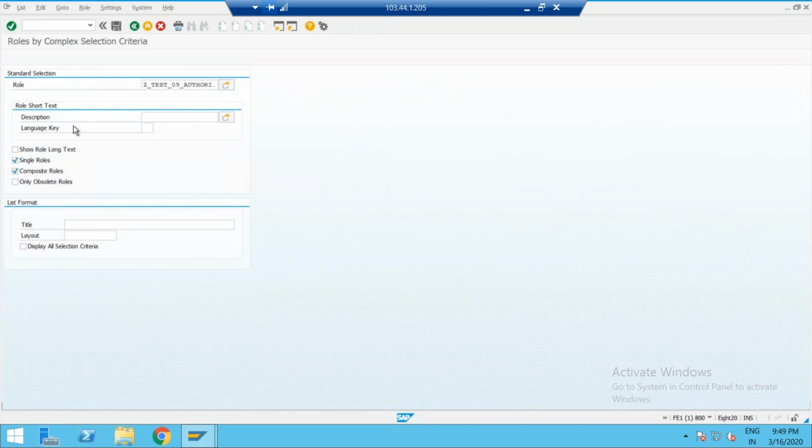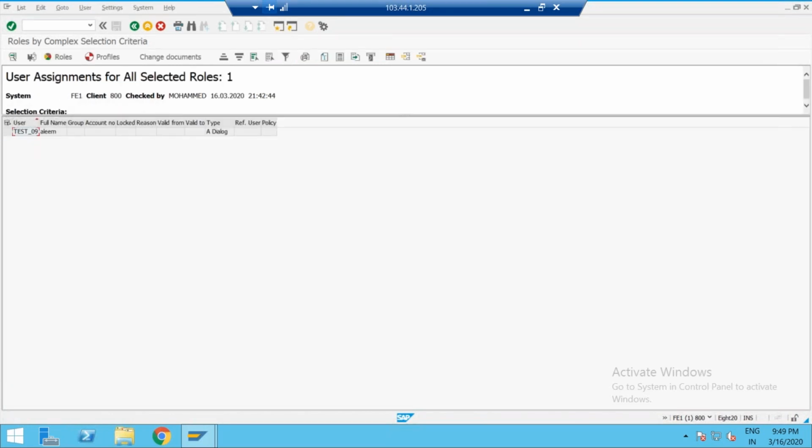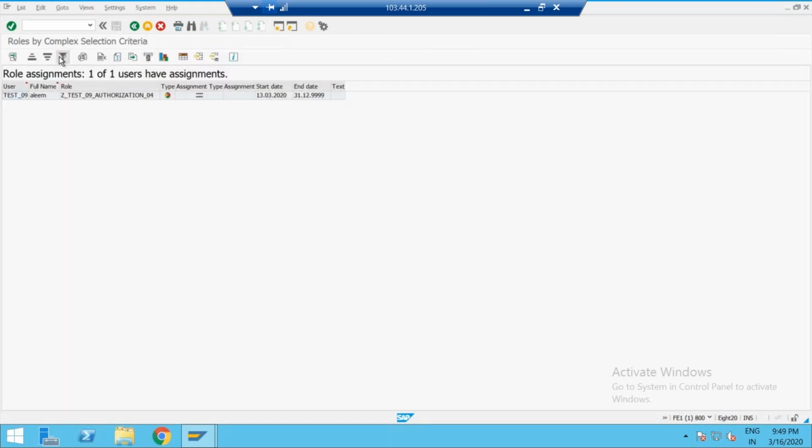Select the role name. This role, what users have this role? Previously, what we did, you gave the user ID, and for that user ID it showed what roles. Again, give the role name. Everything is the same. The report was common, same thing, but the search you were doing now is different.